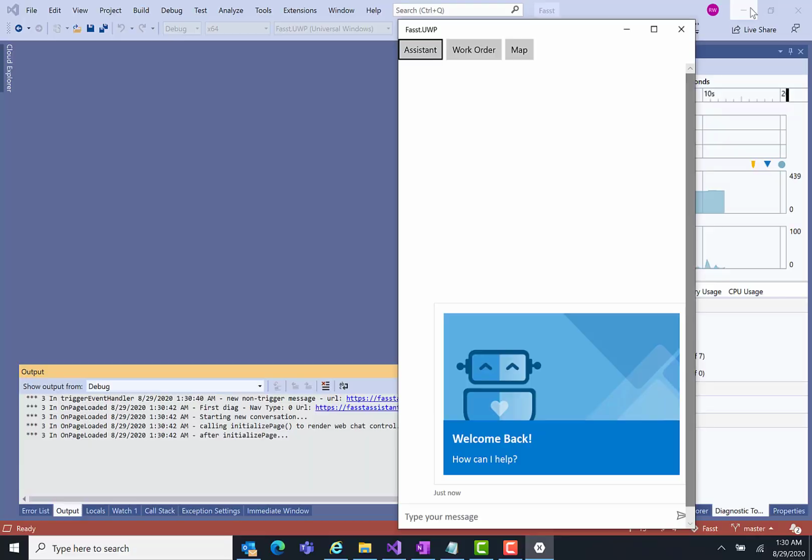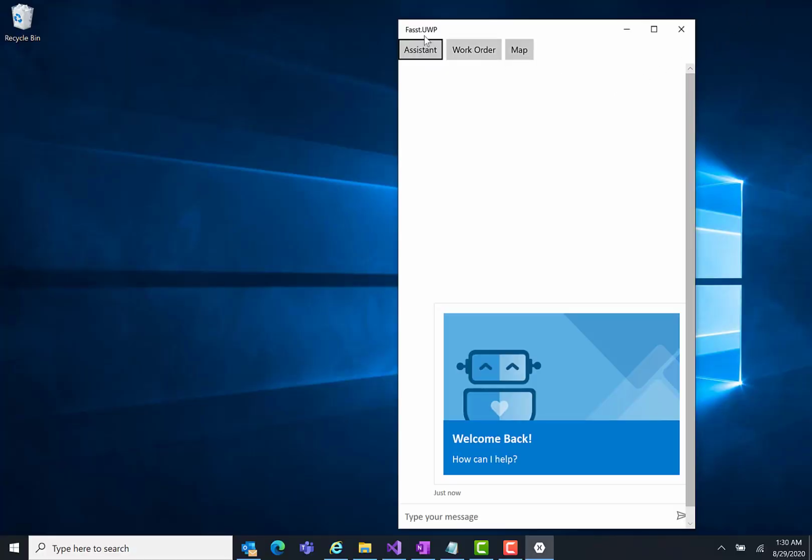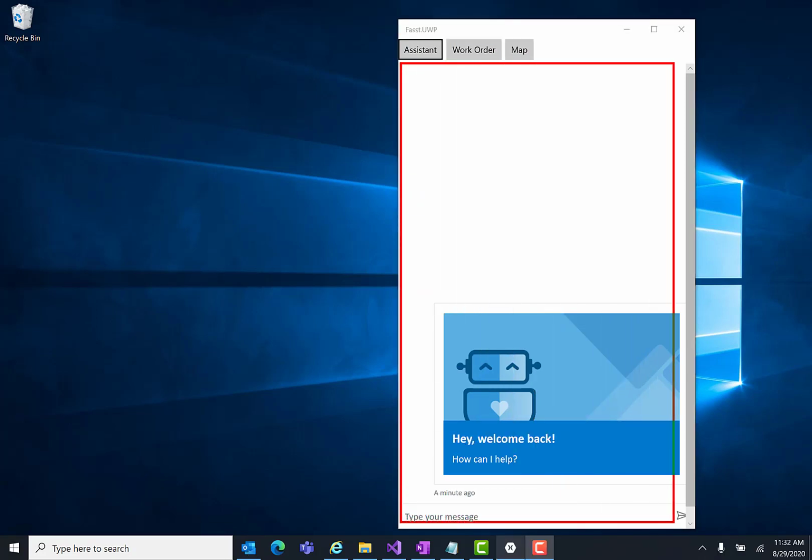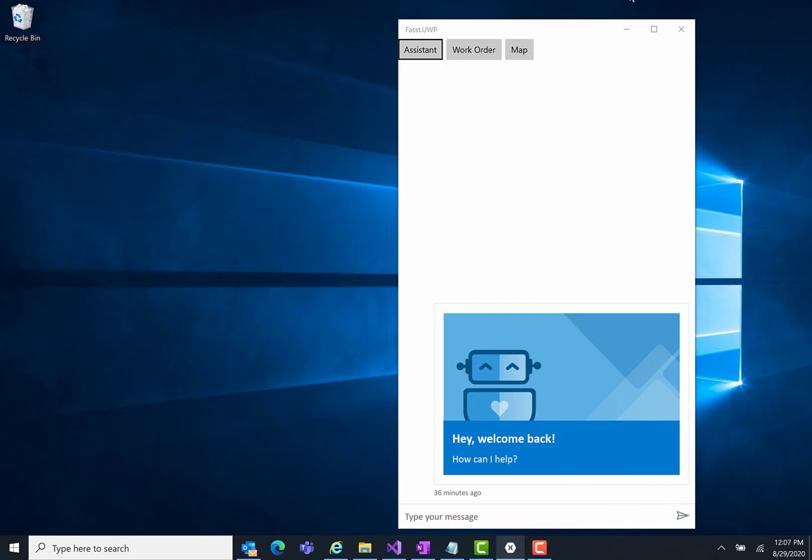Let me just minimize Visual Studio here, and I'll explain what you're looking at. Across the top here, we have 3 tabs. And in this first tab, we have an embedded chat control, which brings me to my first scenario. Now, as I said earlier, this capability is not new, but it doesn't mean that it's not important or critical to the concept of conversational applications. In fact, an assistant tab like this one becomes the face of the app. It becomes its persona and really brings the app to life, and there's no analog to that in a traditional